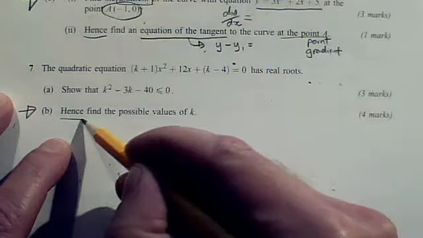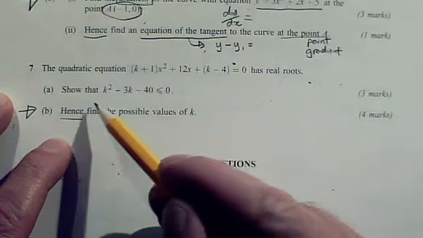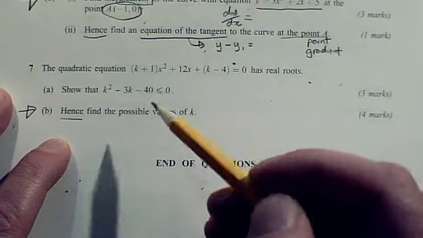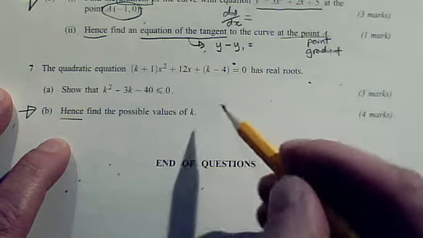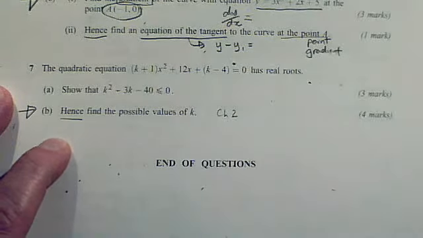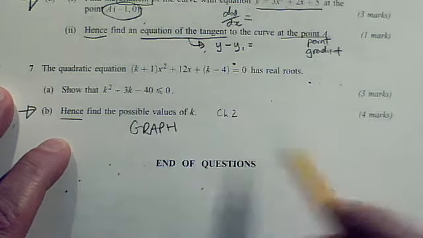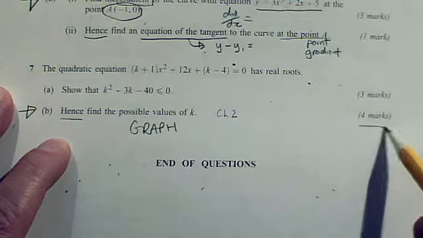It's "hence", the starting point for part B is this inequality from part A, and that's a quadratic inequality which you learnt about in chapter 2. You need a sketch graph. Never do a quadratic inequality without a sketch graph. You can find the critical values of that graph, make sure you've drawn it the right way up, select the appropriate parts of the graph and write down the possible ranges of k,